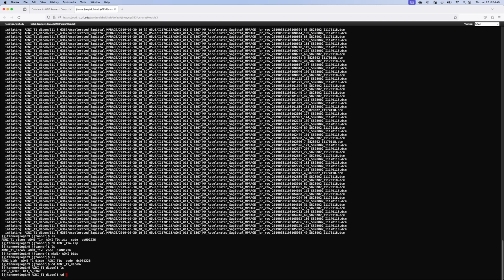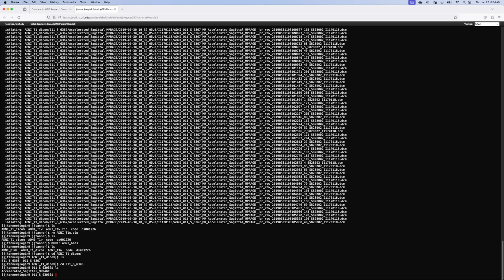Just to show what's inside each one, I'm going into this first one, the 6303 directory, and listing the contents, and there's a directory in there called Accelerated Sagittal MP Rage. And MP Rage is the T1 weighted image. And so if we go into that,